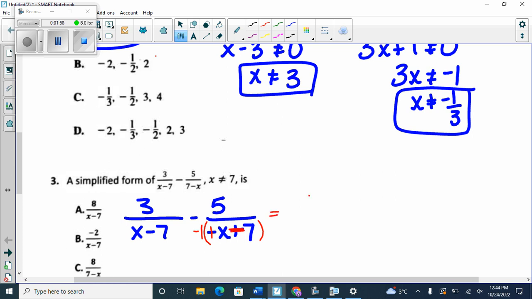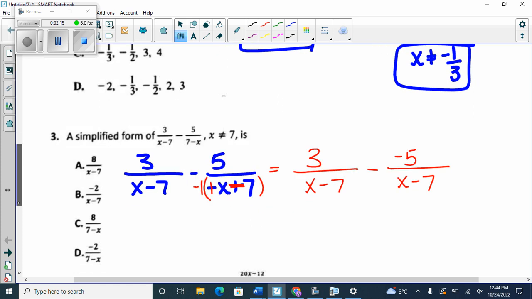So I can go 3 over x minus 7 minus, and I bring the negative up to the 5. Negative 5 over x minus 7. And then they're actually common denominators. And you don't have to multiply by negative 1. That only works if you take a negative 1 out. Now we have a common denominator. So we have,